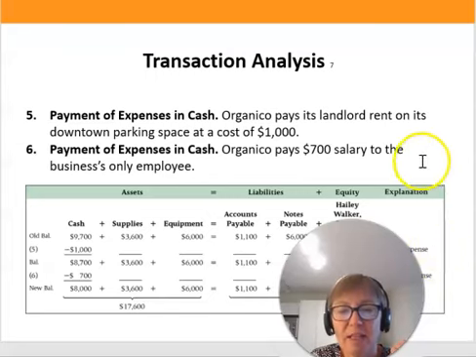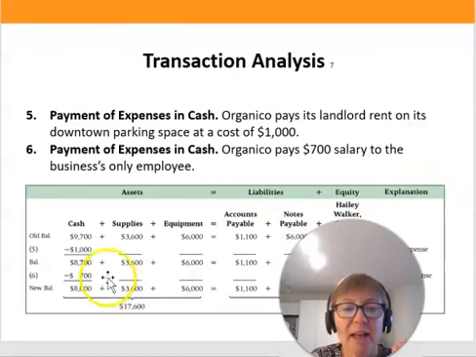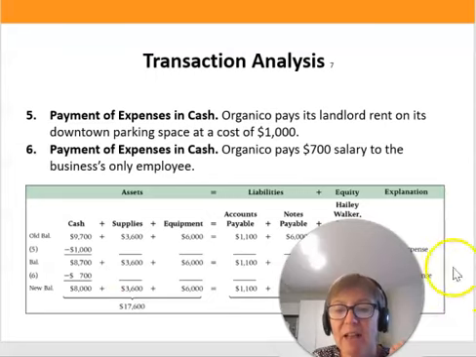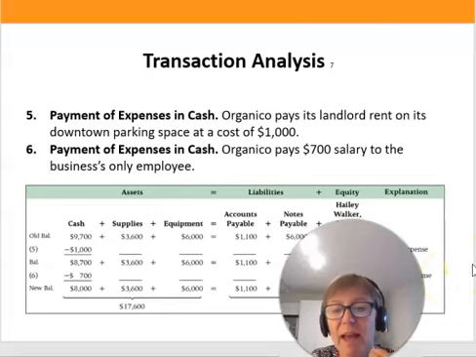Same thing happened with the salary. We paid a salary of 700, so our cash decreases by 700, and we have salary expense, so that's decreasing our equity by 700. And then when we add them all up again, we have assets of 17,600 and our liabilities and our equity of